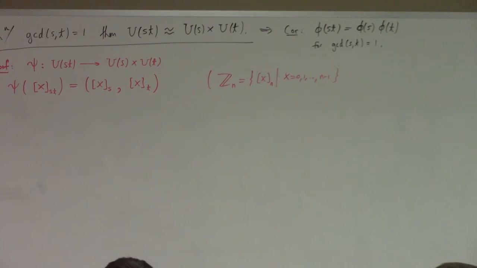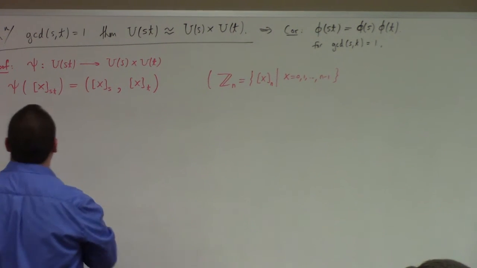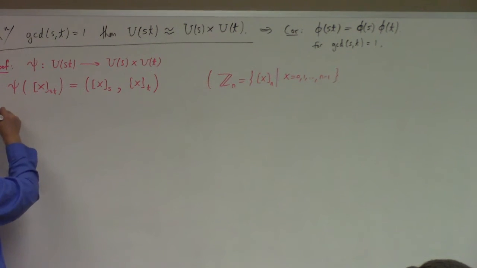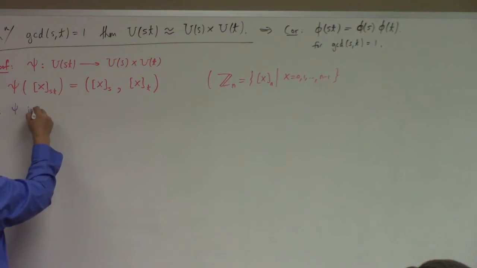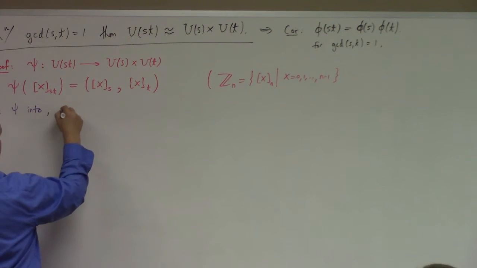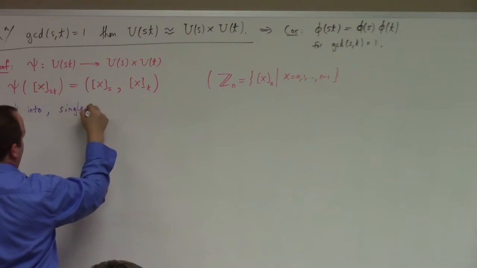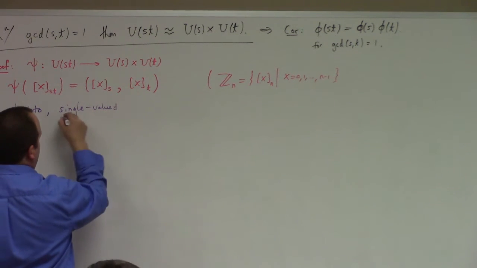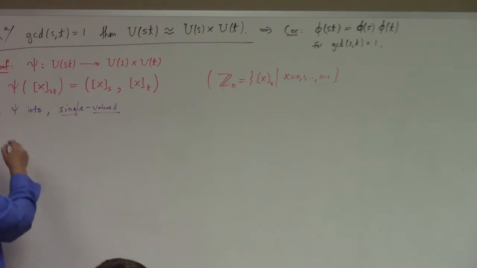We've got a lot of work to do. First of all, we need to show it's a function, right? It's not even clear at the start that it's into, all right? So what does it mean to be into? Is it single valued? Is it into? Is it single valued? These are things we have to figure out, right? I guess I'll start with single valued. What should we do there? Suppose